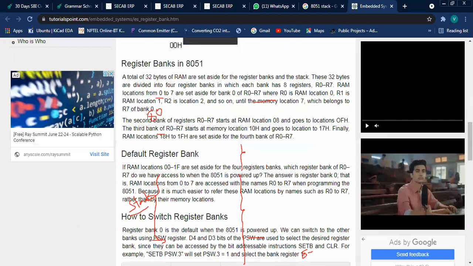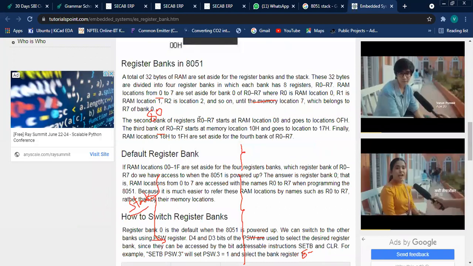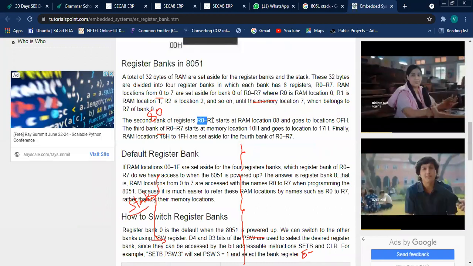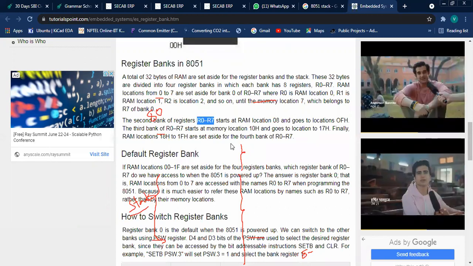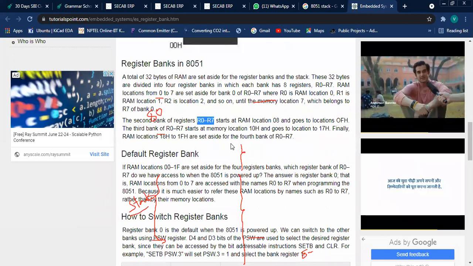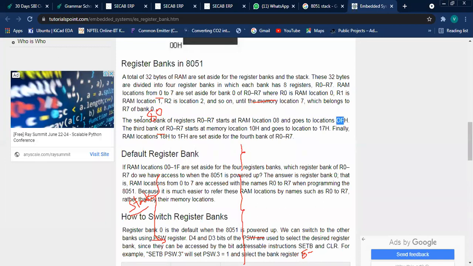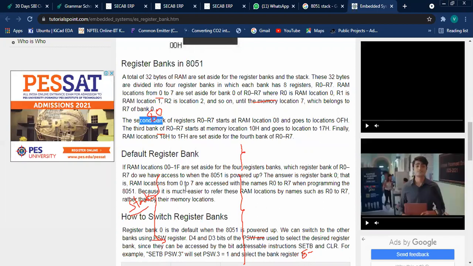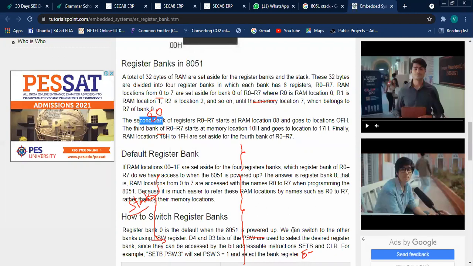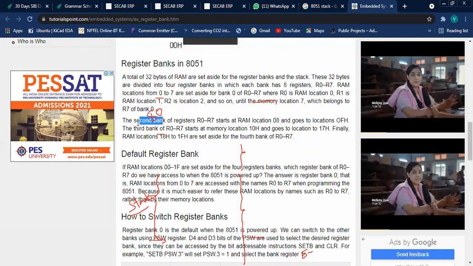Register banks. What are the register banks? There are 4 register banks, correct? R0 to R7. The second is also R0 to R7. The third is also R0 to R7. The fourth one is also R0 to R7. But their memory addresses are different. 08 to 0F is the second register bank. By default, the register bank is going to be 00 to 07. Then where the stack memory is starting, it is in the second